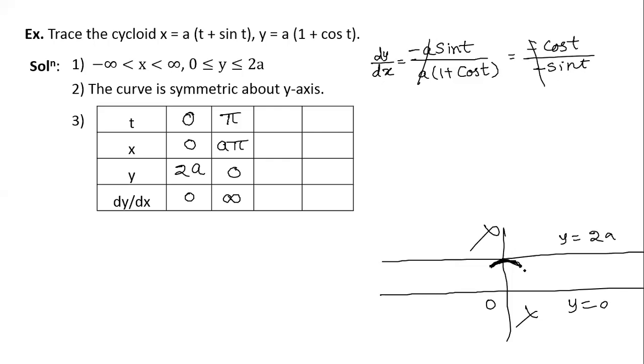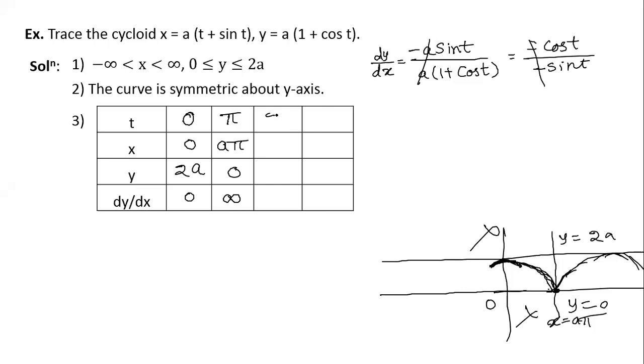That means there is another point, x equal to a pi. Somewhere this is the line x equal to a pi, and simultaneously y is equal to 0, so this is the point. And at this point dy by dx is infinity, which means the tangent to the curve is parallel to the y axis, so it will be like this. The tangent will be like this, and further it will be moving like this, like this. As such, you can draw many things.